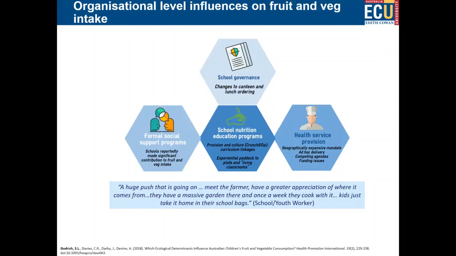Formal social support programs, so schools reportedly make a significant contribution to fruit and veg intake in terms of the different programs that they have available. Some provide fruit for morning tea, for example. In terms of school nutrition education programs, Crunch and Sip, curriculum linkages that promote fruit and vegetables. And some schools were doing things like paddock to plate and living classrooms where they were, as you can see by the quote there, taking their students to meet the farmer to really get a greater appreciation of where